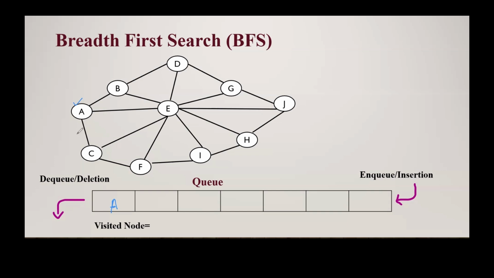So whenever we make this one as visited, we make the A as unvisited, then all the neighbor nodes: B, E, C. One more thing here, the sequence I can write down E, B, C or C, E, B, any sequence, but it is recommended that whenever you follow any sequence, you should keep the same sequence. Or if it is given that you have to follow the alphabetical order, then for B, E, F,